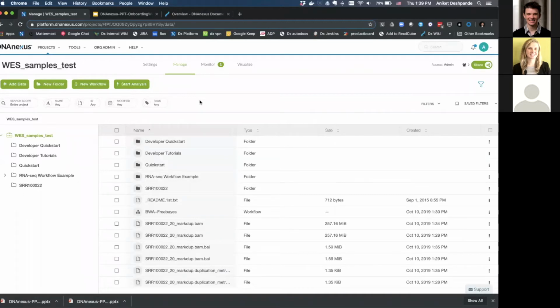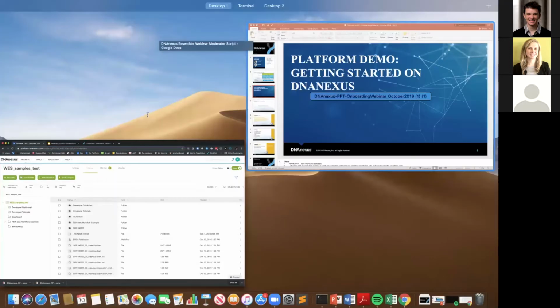That kind of gives us a very high level overview on how you can use DNAnexus's platform to run a very simple basic analysis. This covers the UI essentials using the platform. There's a multitude of things that you could do in developing your new apps, running multiple apps as a batch analysis using the command line options, which would be covered in the subsequent webinar series. And with that, I would go back to my